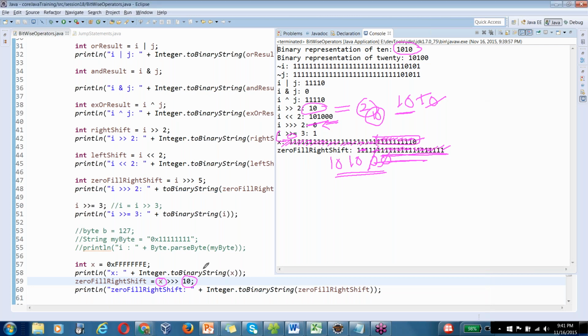So what exactly is happening? Whatever the value that I specified, they are moved out and zeros are appended behind. That is zero filling the zeros when you move towards the right. Left shift, this operator is not there, so that is why we used only the right shift zero fill operator. Okay, the last one we have is